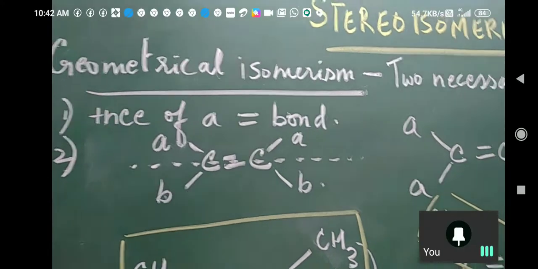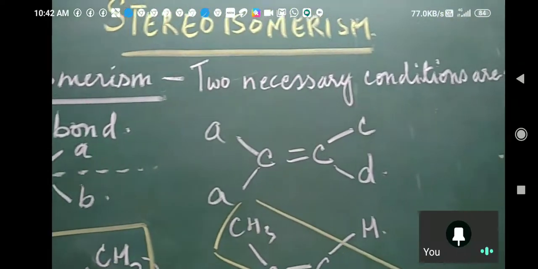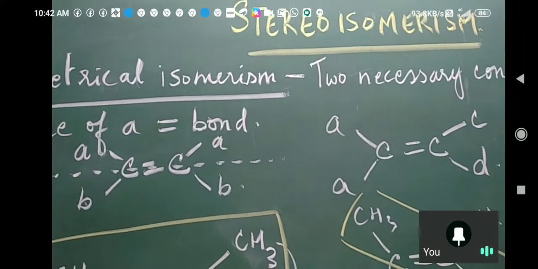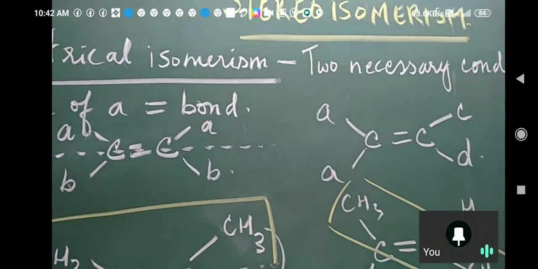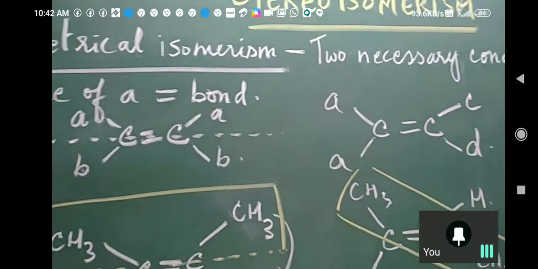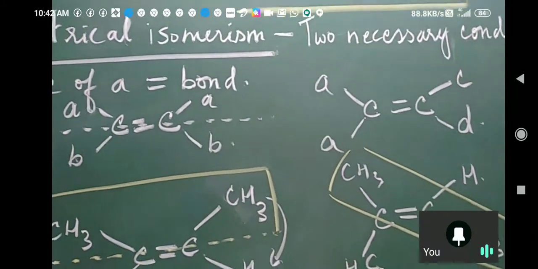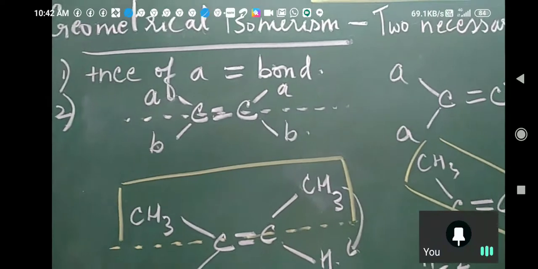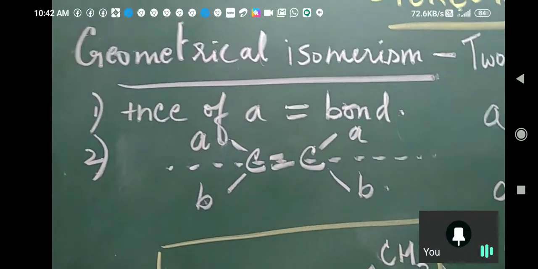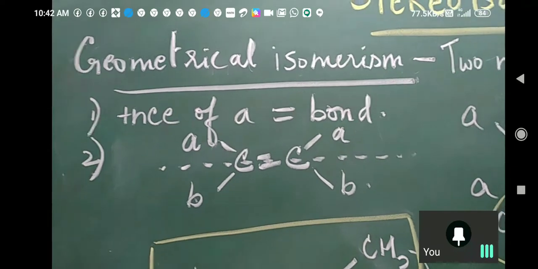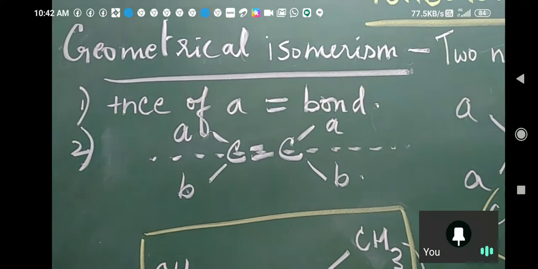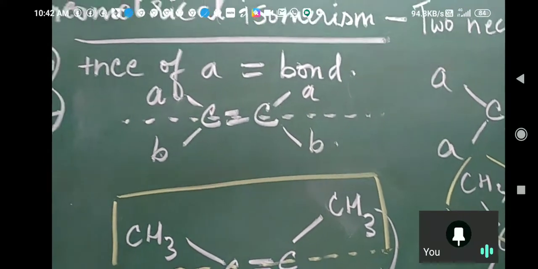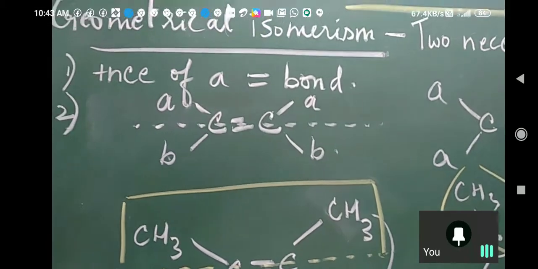Okay, all right. What are the two necessary conditions for geometrical isomerism? There are molecules, you must look around. See, five or six molecules are given to you. Now, which one will show geometrical isomerism and which will not will depend upon two conditions. So look around for these two conditions in the molecule. First is the presence of a double bond. Why this double bond? Only alkenes are going to show it. Alkanes and alkynes will not show geometrical isomerism. I will come to that just now.